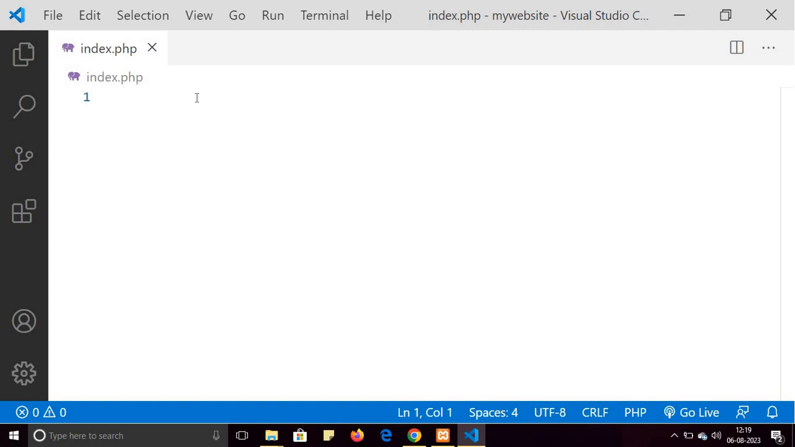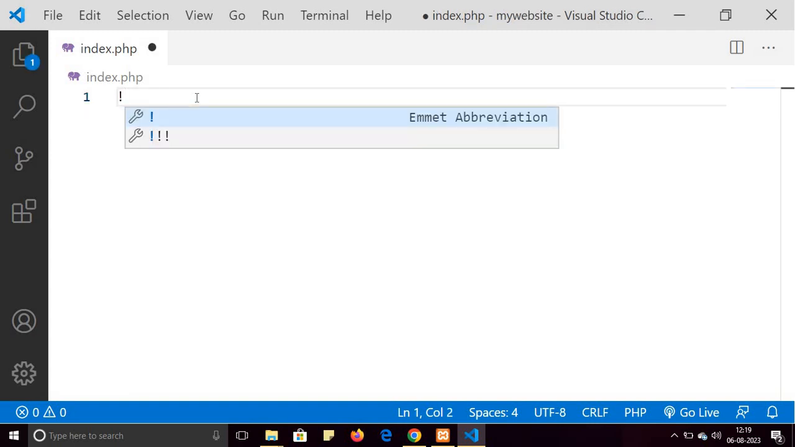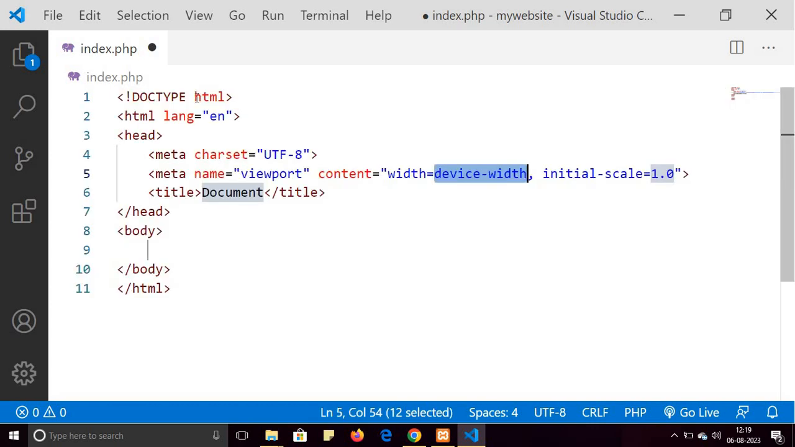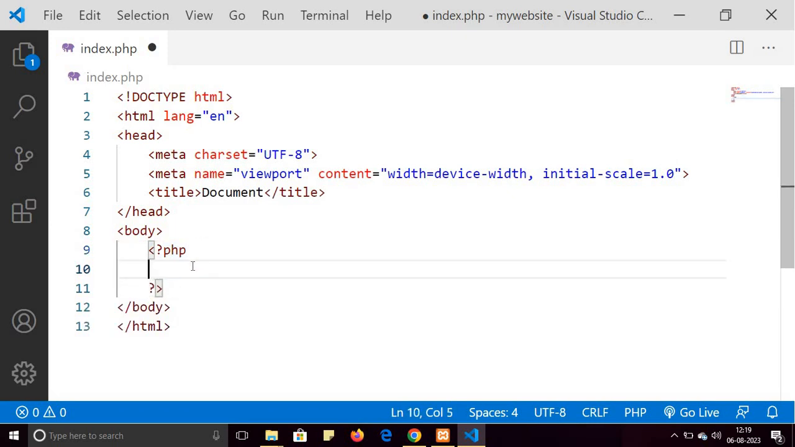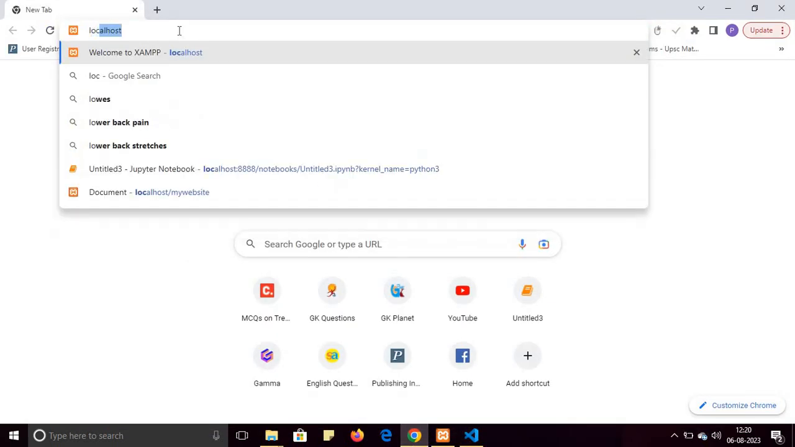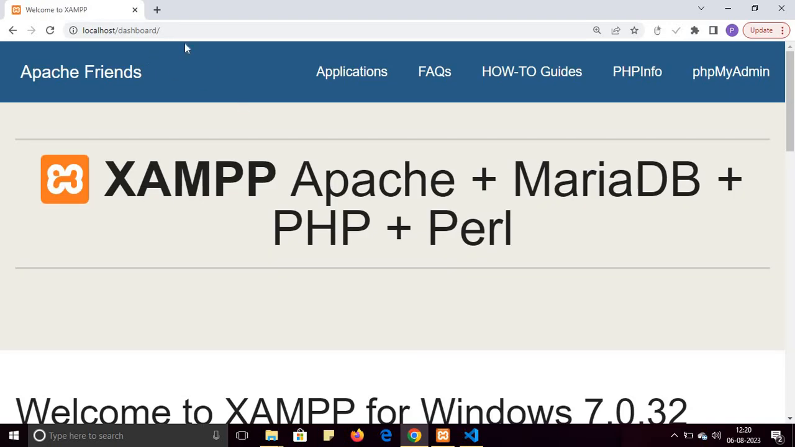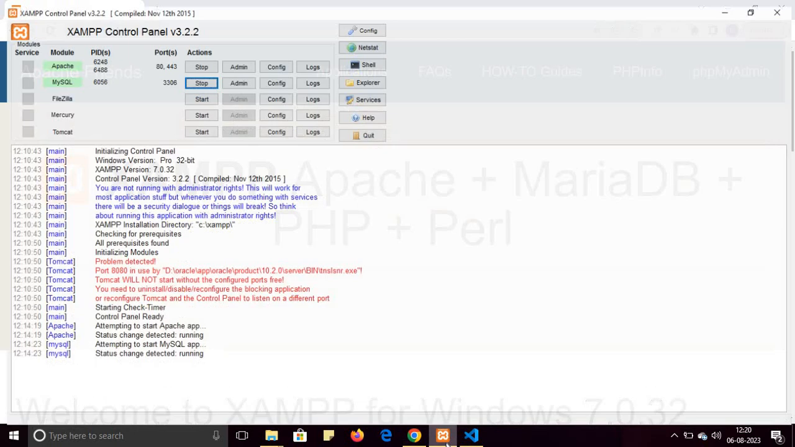and then create an HTML page, create a boilerplate, press enter, and you can write PHP code here, and here I will write echo, let's say first program of PHP. Save it, go to the browser and type localhost, and if you get this message XAMPP, it means your